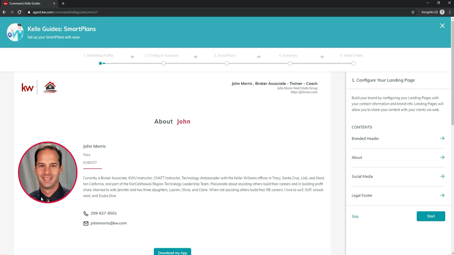So we have a preview over here that we can see as we're completing this. And the wizard is actually on the side here. So we can see that we have to complete a branded header. We need to complete the About section, make sure that our social media links are set up, and our legal footer. We can skip to any of these sections just by clicking onto the arrow, or we can click the Start button to begin the first stage, which will be our branded header. So we're going to click where it says Start to begin completing the wizard or the guide,